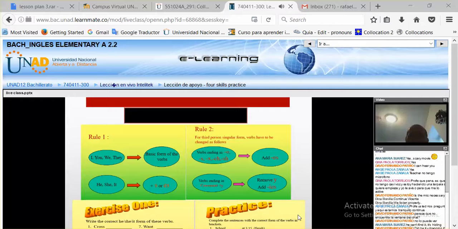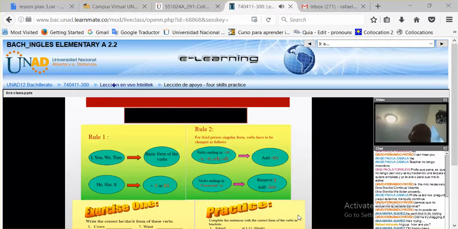And I want you to pay attention to this slide, because this slide is really important in order to understand how to change verbs in the third person. As I told you before, with the pronouns I, you, we, they, you always use the base form of the verb. That's rule one. Okay. In this case, when we are talking about she and it, that is the third person, we add s